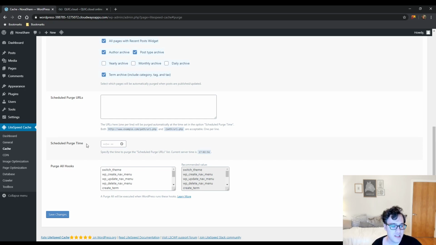You could choose to go ahead and specify a scheduled purge time. So specify the time to purge the scheduled purge URLs list. This just allows you to set a time on the server when something needs to be purged to go ahead and run it at that specific time. Maybe you want to make sure you only do it off peak to maximize the load time and to reduce server load. You could set it to like 1 a.m. That would give you the most optimal